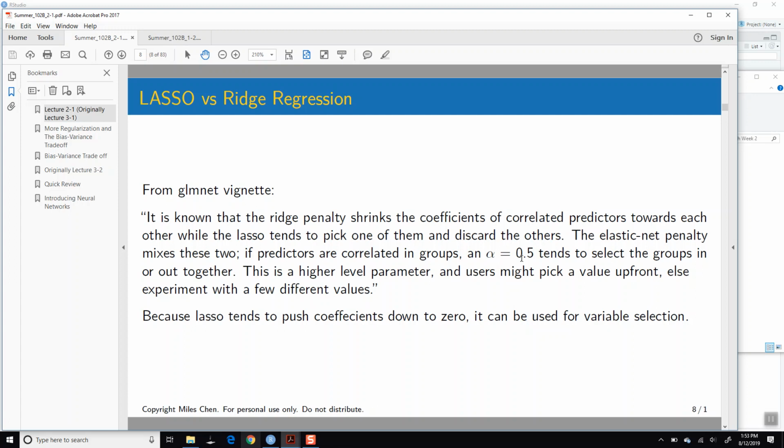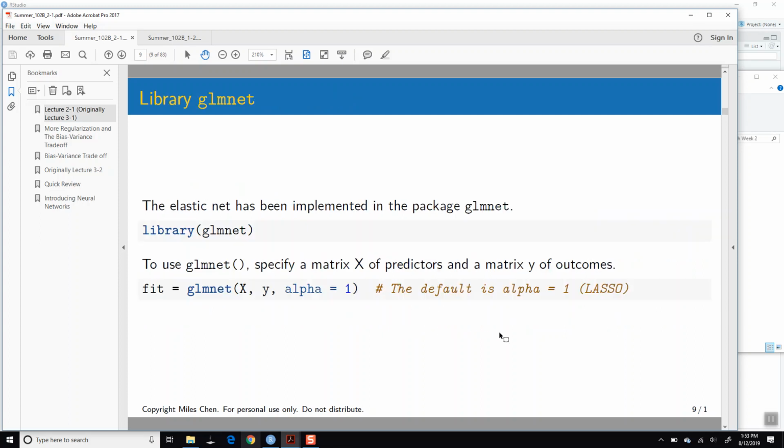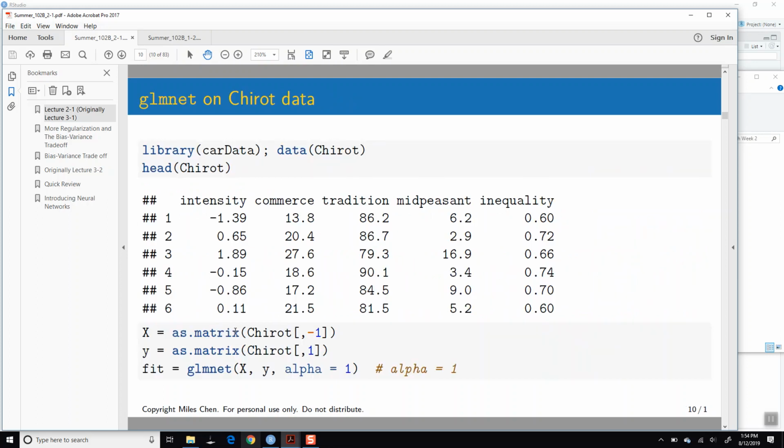This is a higher level parameter, and we can try to push some of these things around and play around with them. Again, lasso tends to push coefficients down to 0 and can be used for variable selection. Okay, so this is just a bunch of code for using glmnet on alpha, and this was just an example from